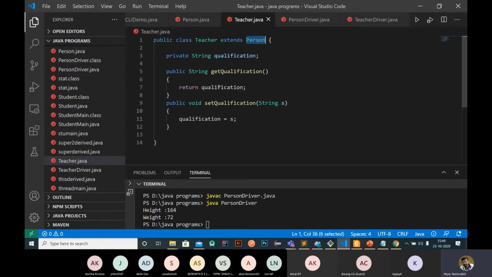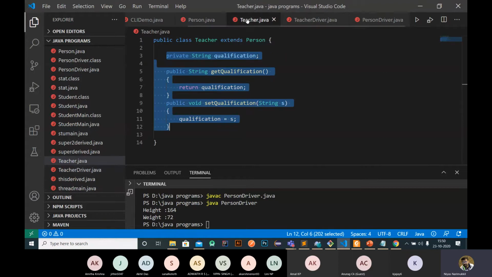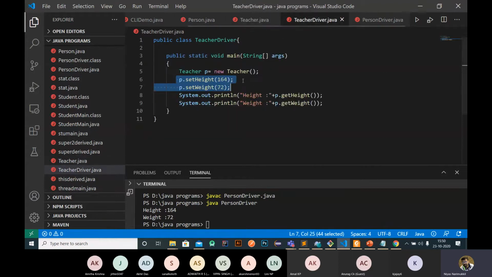And these two things are specific to teacher. This qualification is specific to that teacher. Inside this teacher driver class, we create an instance of teacher, then we use the set height and weight methods to set the height and weight of this teacher, because it is inherited by default, right? So it will be there.